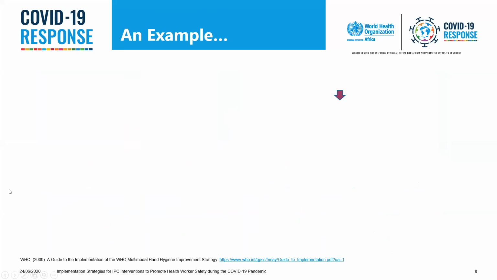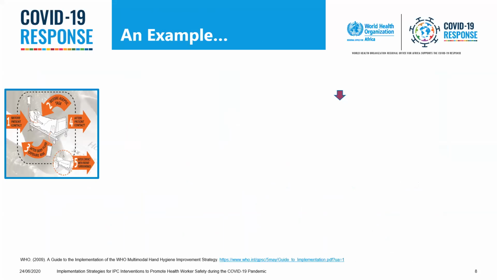Let me change here. Okay, let me give you a further example, because a lot of times people say, Ebeth, I'm starting to understand what you're saying. So we have the 5 moments of hand hygiene. Hand hygiene has been critical. It is critical on a good day, and it's very critical during an epidemic or pandemic. So this is our evidence-based practice. This is the one that we want to promote in our healthcare facility, because we realize that amongst our health workers, there's maybe poor compliance, limited adherence, maybe there are infrastructural or resource challenges around implementing hand hygiene. So we want to do our best to implement this EBP.